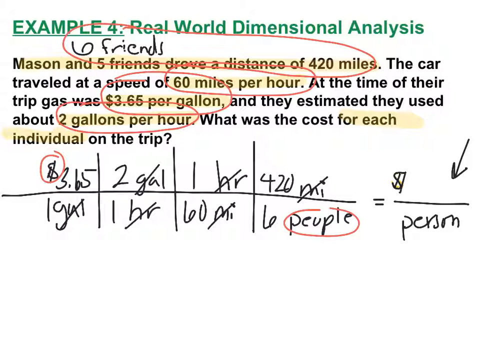So now I can do my multiplication. $3.65, so 3.65 times 2 times 1 times 420. Hit enter. I'm leaving that on my calculator. I'm not writing that down. I know that doesn't seem like an issue now, but when we have these crazy decimal problems, it will. And then we're going to divide by each box on the bottom because division is a form of multiplication. So divide by 1, divide by 1, divide by 60, divide by 6, and it should come out to be